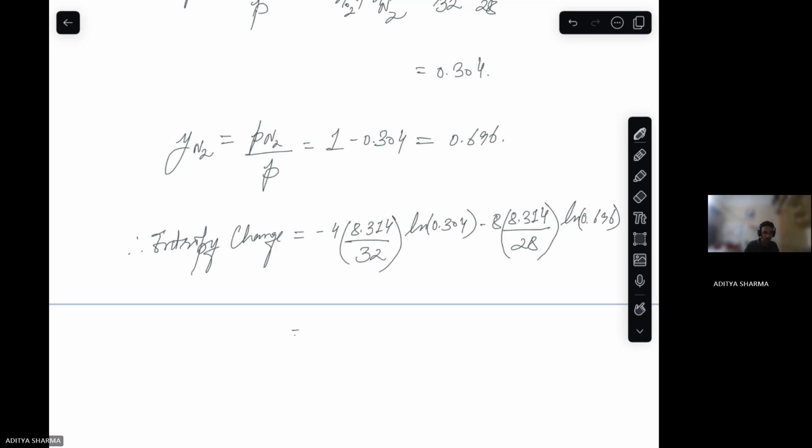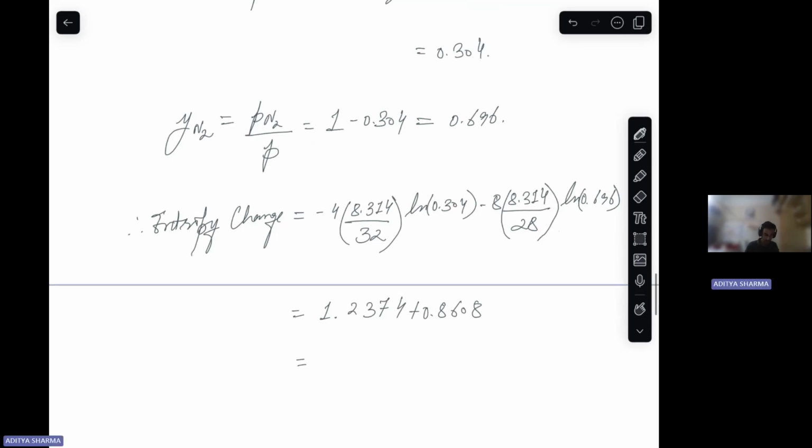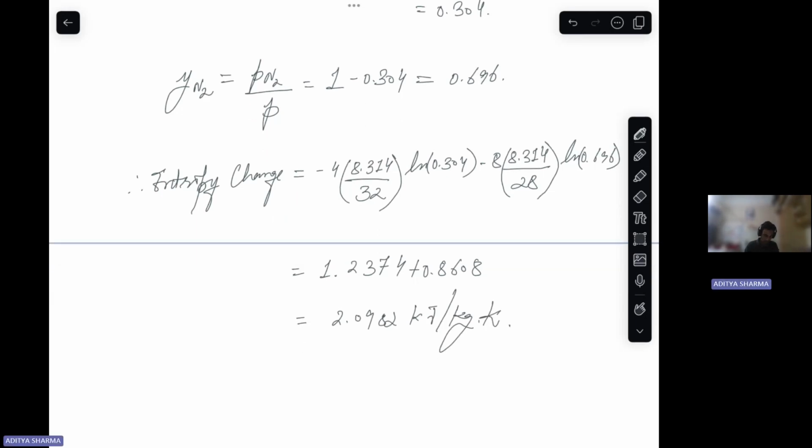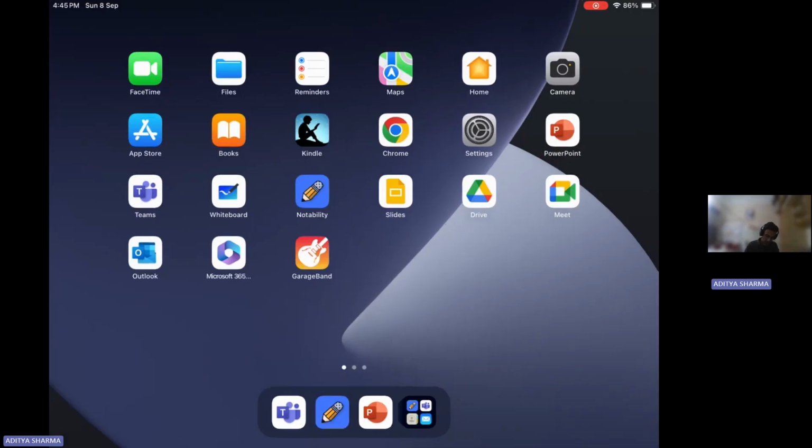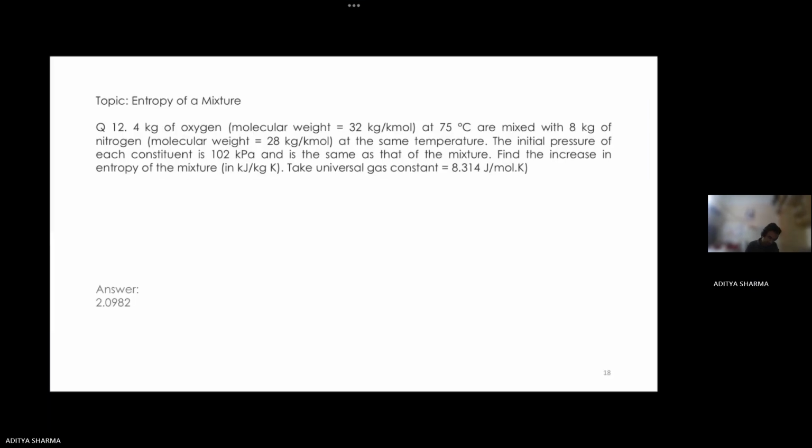Okay, so if you calculate these, this will come out to be this. So this is your entropy change. Okay,